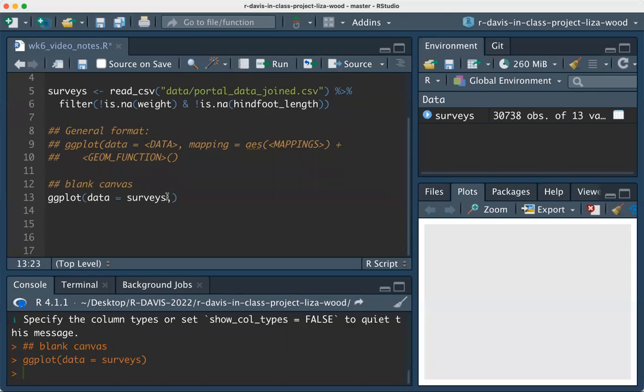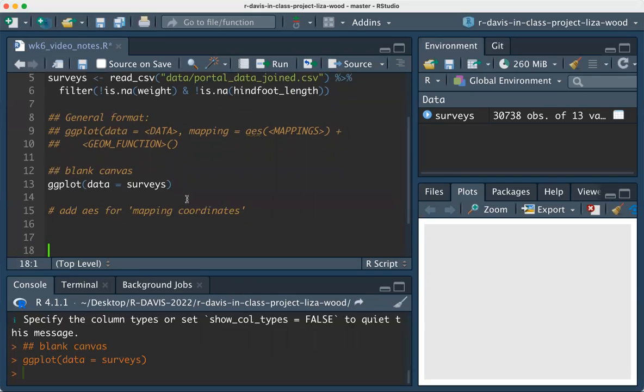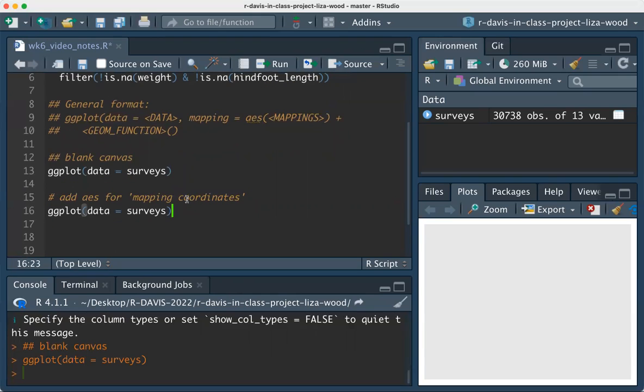So we first lay out what information we want to give the ggplot by using our aesthetics. So add aesthetics for mapping coordinates is a way to think of it, but it also takes more than coordinate arguments. So we start with our ggplot data equals surveys, and then we can add a mapping equals,